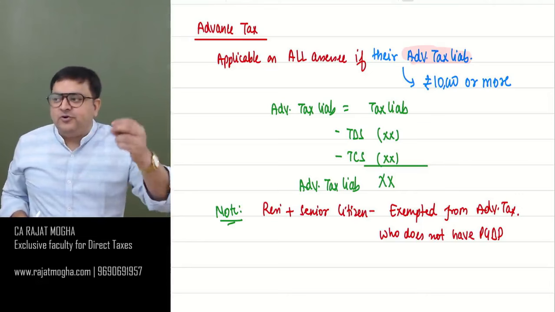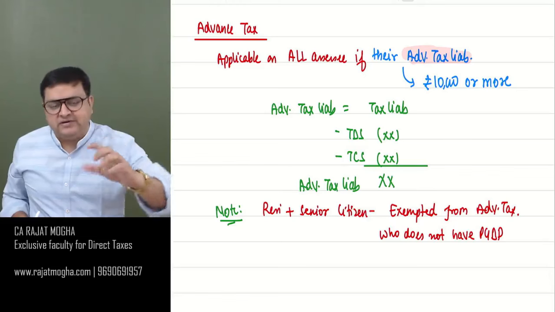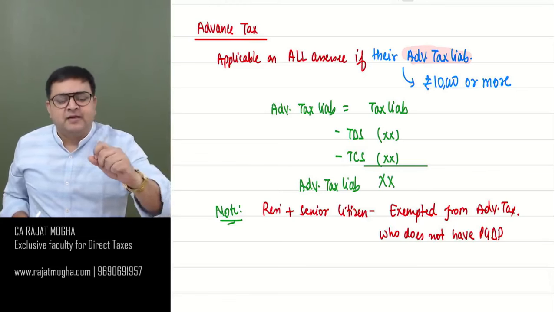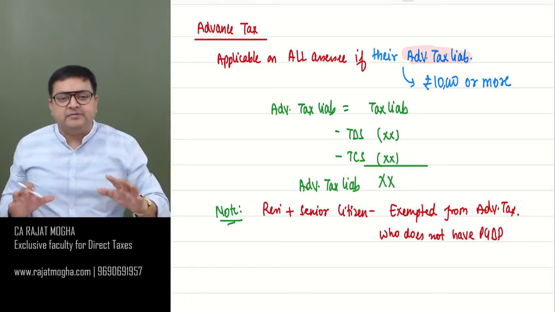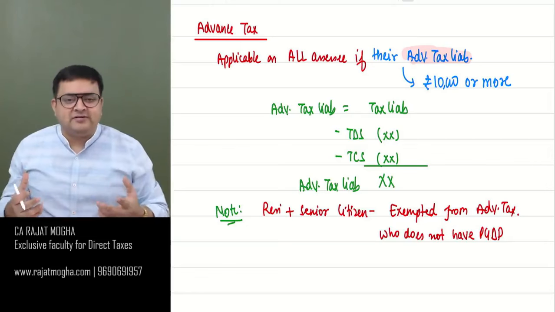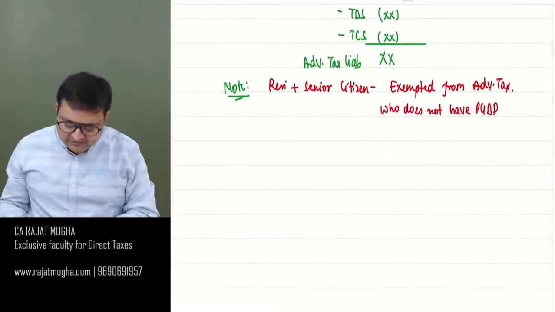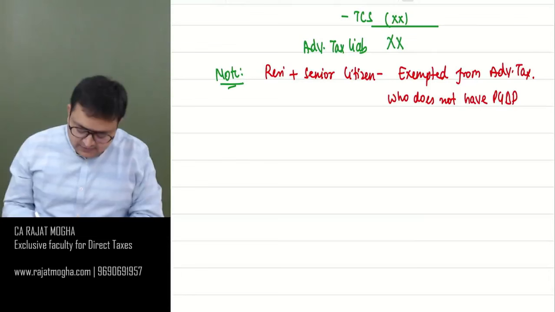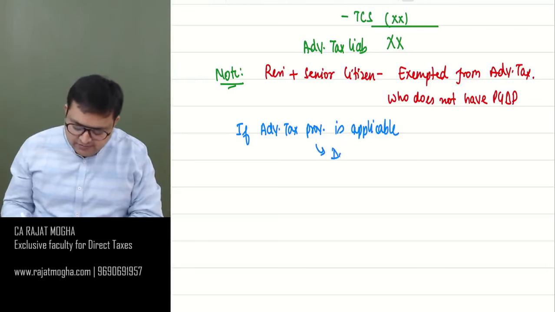let's say you don't know whether your liability would arise or not. We will see that in our examination. Right now I'm more focused on examination purpose. Had it been a regular or fast track batch, I would have definitely explained everything to you. But for examination purpose, if you don't follow your advance tax, what are the consequences? The consequence is interest. If advance tax provision is applicable and we do not follow them,